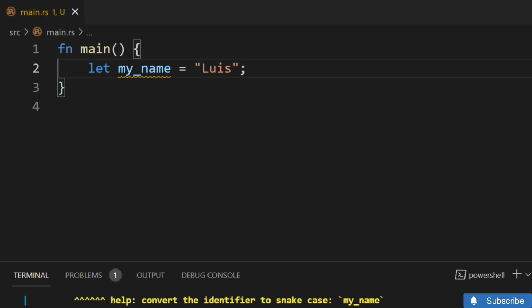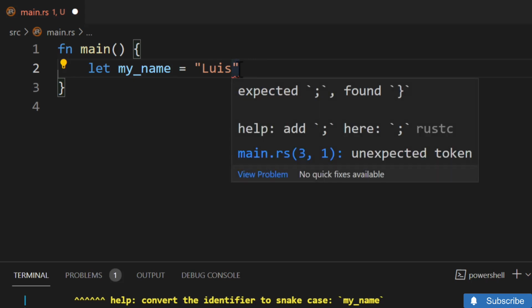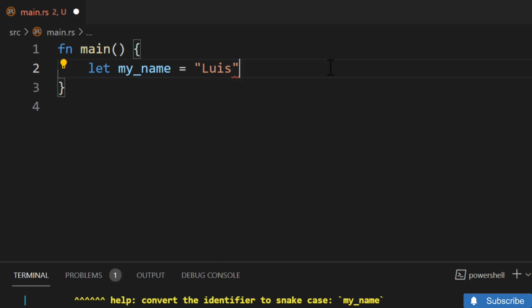There are a couple more features I want to point out. Firstly, statements must end with a semicolon. If you have a background in JavaScript or Python, semicolons are optional. Statements in Rust must end with a semicolon to indicate the end of the line. If we were to remove this character, the compiler would throw an error. Errors are indicated in the editor with a red squiggly line. According to the compiler, it expected a semicolon. Let's add it back in. Moving along,